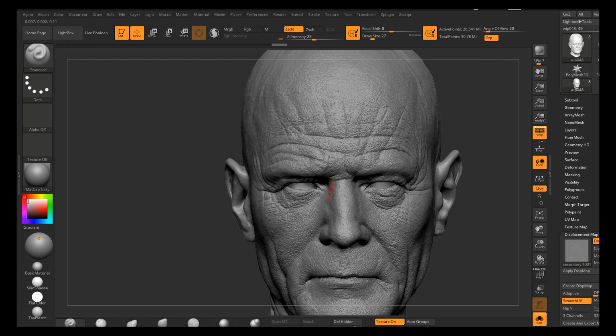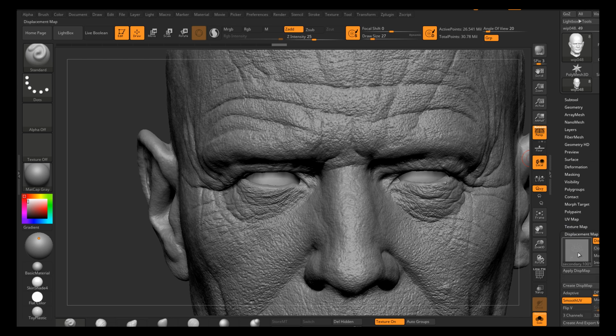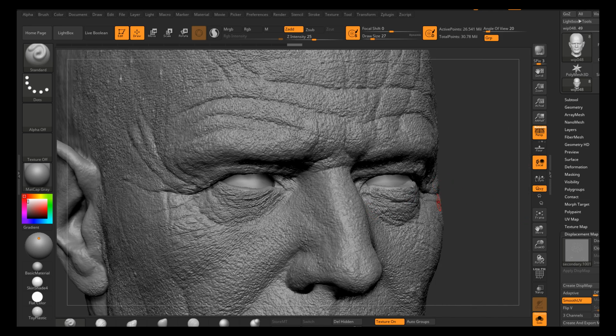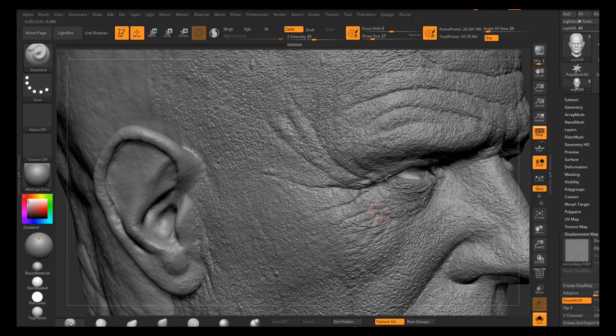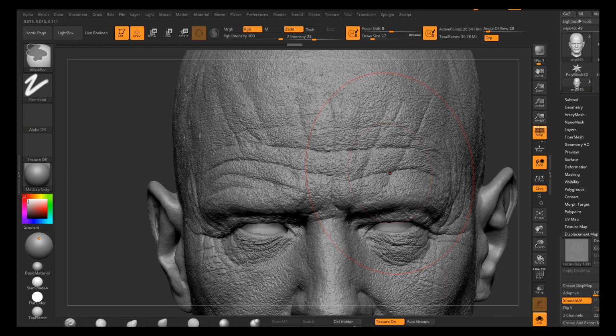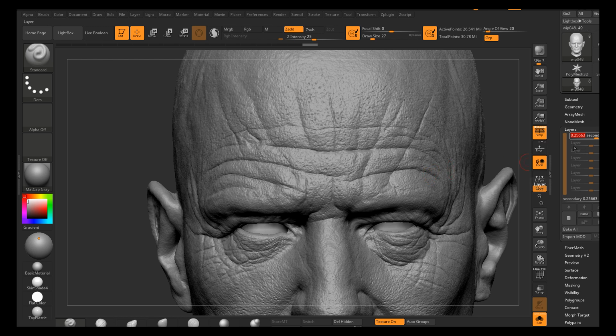So let's make it strong like this, and then go to layers, make sure that I have the recording on, and go again to my displacement map, and then apply displacement map. It will take some time. And yeah, so now it's applied. So now that's how the displacement map looks after I applied it to the skin, and you see how strong it is, right? So what I would do now is if I go to my layers and then dial it down a little bit,